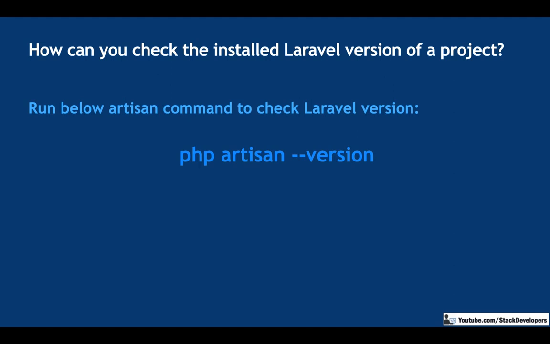Suppose currently we are doing our e-commerce project in Laravel 8. If we give this command, it will say Laravel 8 point something. It keeps on updating. If we have installed the project in Laravel 8 point something, like 8.15, then it will give you 8.15 all the time. Even if you check after 2 years, if you have not upgraded your project to a new Laravel version, it will give the exact Laravel version that you installed in the beginning. So you can check it with the php artisan --version command.